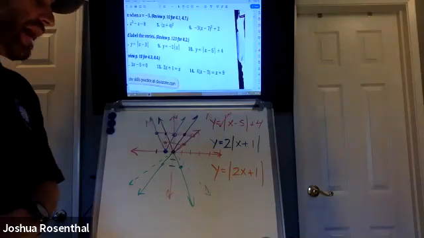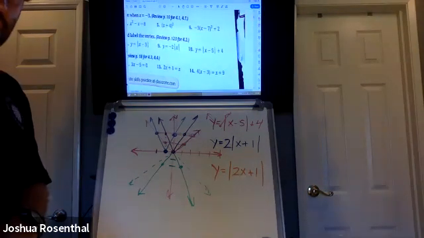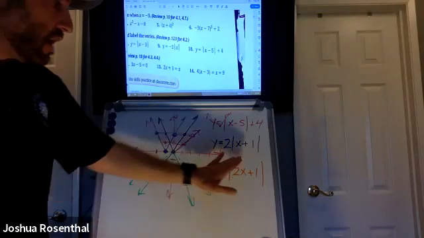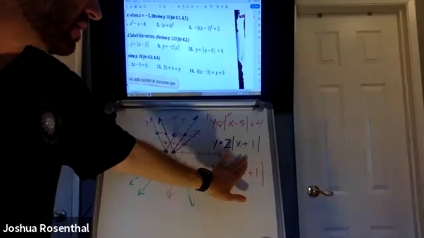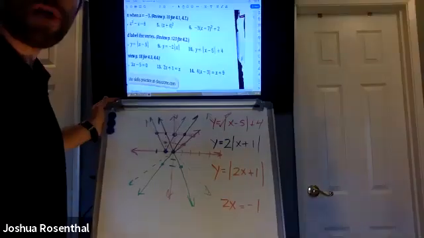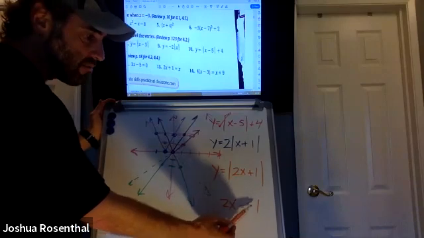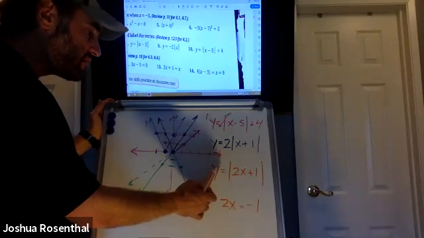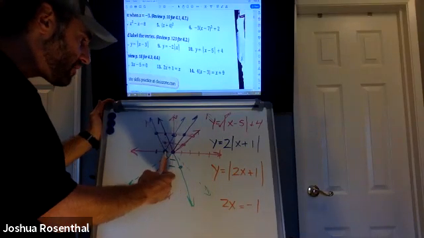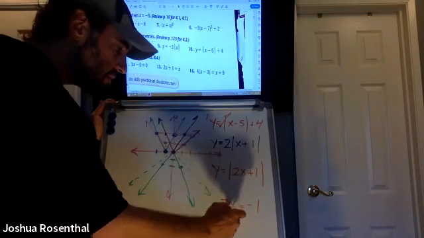Having the 2 inside affects the horizontal movement. Doesn't it? Underneath my hand must be -1 to get a 0. The 2 outside is steeper and moves it over. Hold on. That's what it means. Okay, so the 2x here has to be equal to -1 to make a y value of 0. So that we want to see the vertex shift. Okay? All right, so then